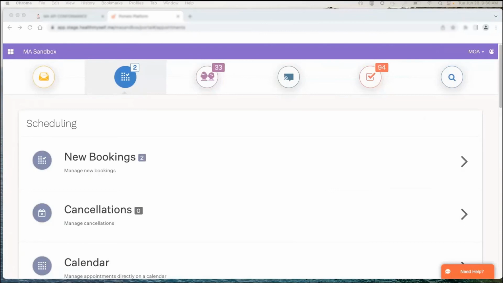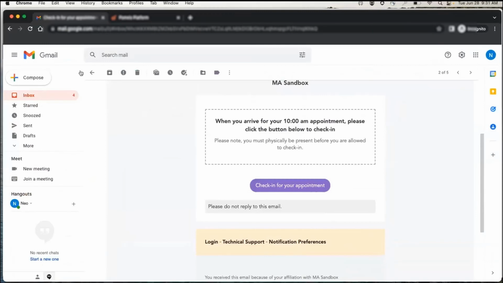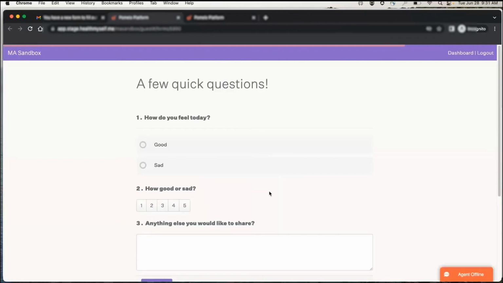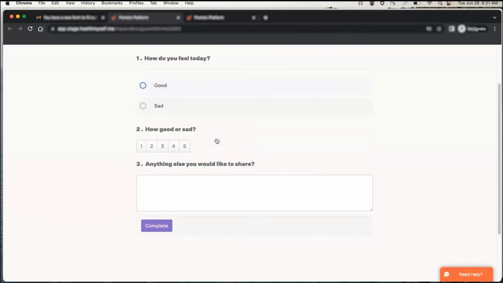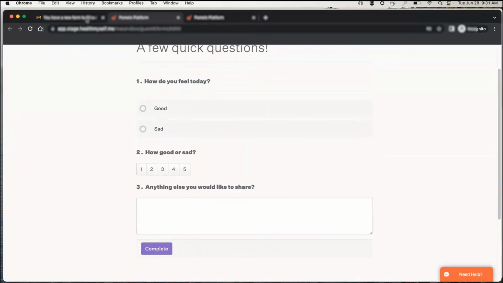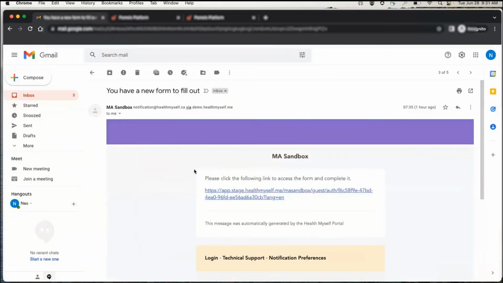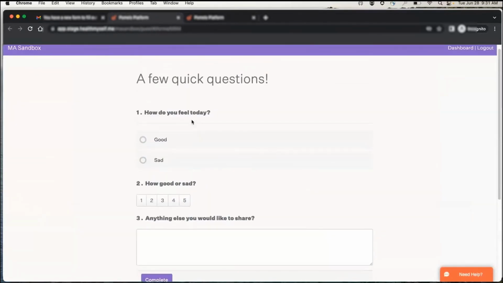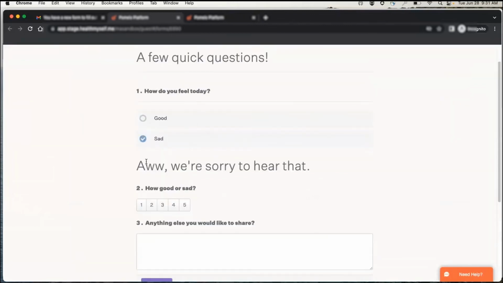Or let's say if a patient is answering a question and that is supposed to, let's see if we can show you that as well, and that's supposed to bring about other questions. So here there's a form that asks you how you're feeling today. And you can see it's a one-time link that the patient's received in their inbox. And this patient doesn't have to log in to fill out this form. We've connected this individual to their chart, and he can fill out the questionnaire on his phone or on his computer, wherever he is. So let's say if the patient says, hey, I'm feeling sad today, we can have a